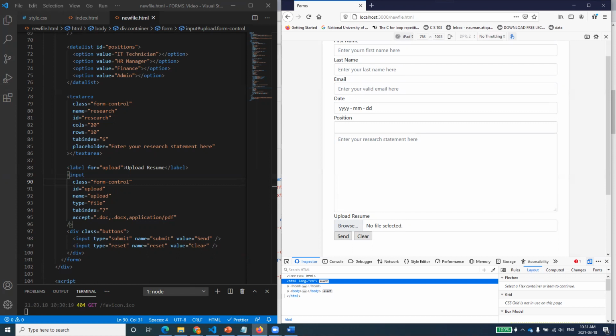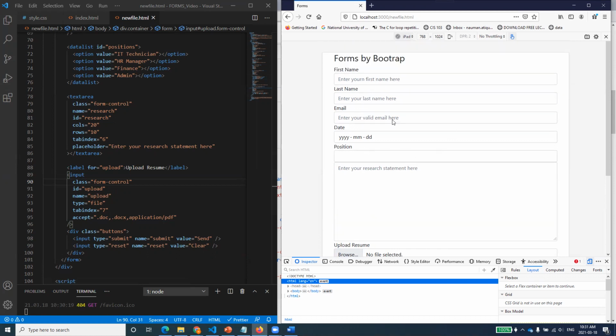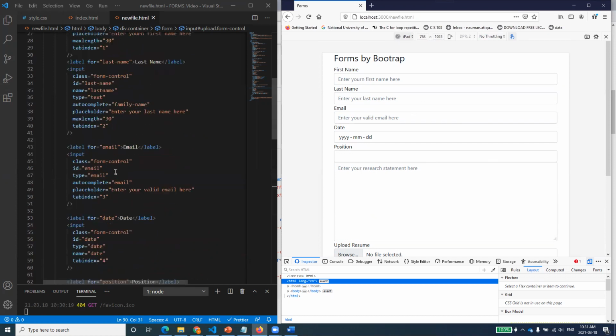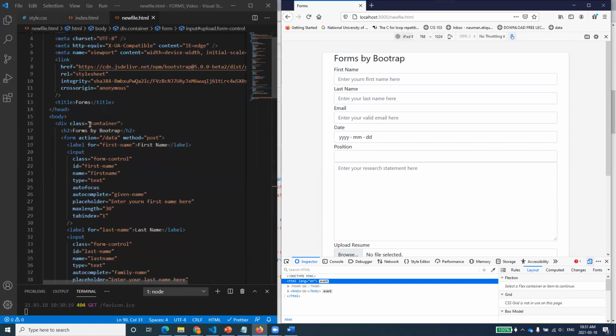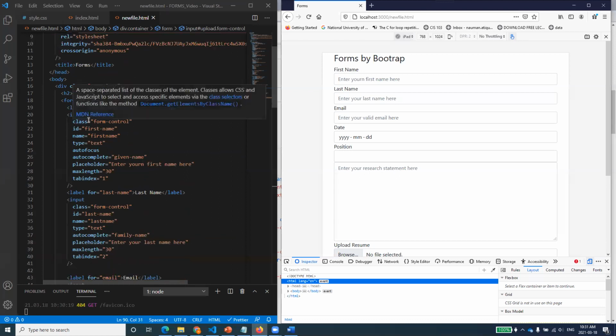Everyone can see that. So our form has started to look more and more professional, with only a few CSS classes that we have implemented. So effectively, what we have done till now: we have just implemented a class container in a div, and we have included everything inside that. And with every input control, I've used this form-control class, which is just changing the form control over there.